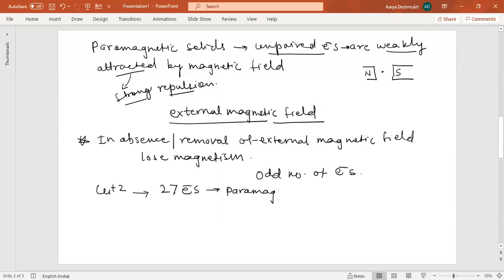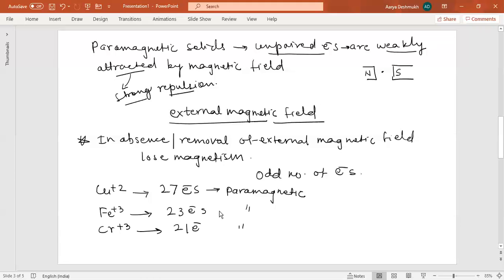Okay. So this is in general way you can categorize paramagnetic and diamagnetic solids or substances. Another example here, Fe3+, where there are 23 electrons. Its atomic number is 26 actually, Fe 26. When you write Fe3+, 3 electrons are lost. So 26 minus 3 will give you 23 electrons, which is again an odd number. Likewise, you can put one more example, chromium, where chromium is atomic number 24. 3 electrons are lost. Now it is left with 21 electrons. Again, it is a paramagnetic one.